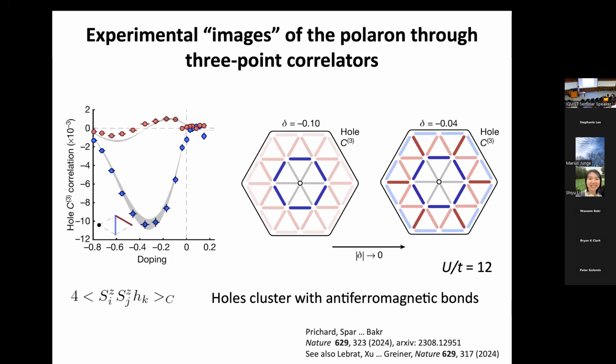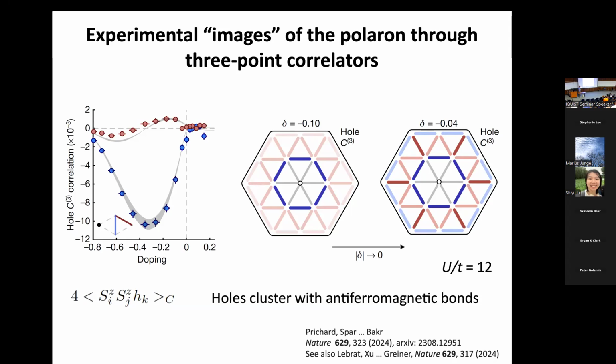Okay, so how do we see this in the experiment? This is now experimental data. What we have to now measure is not a 2-point correlation function, but a 3-point correlation function. We prepare our Hubbard system with ups and downs in it, and we're going to dope it away from the Mott insulator. In this case, we hole dope it. The first thing you do is you go and find a hole in the picture, and then you evaluate the 2-point correlation functions around the hole. That's why it's a 3-point: you first find the hole, and then you evaluate the spin correlations around the hole.